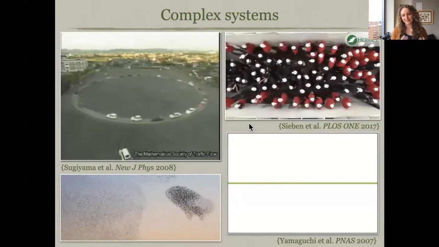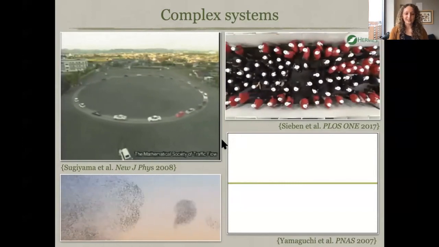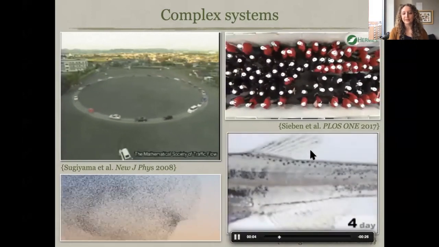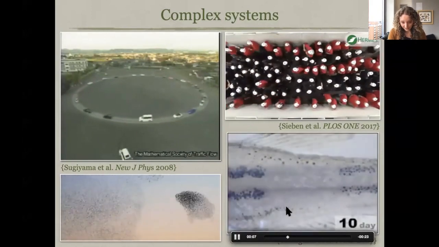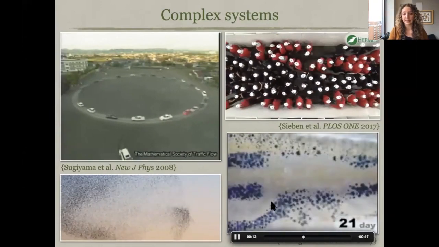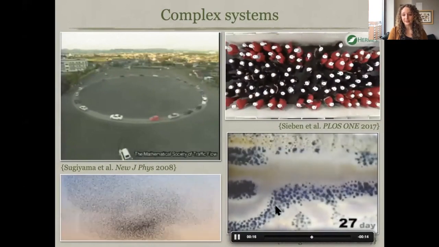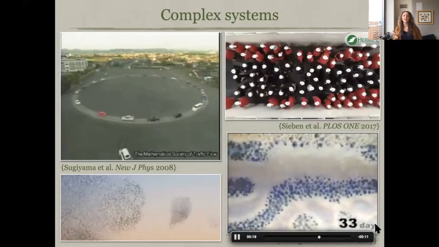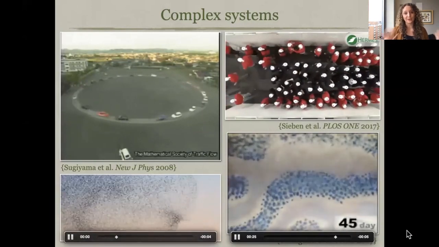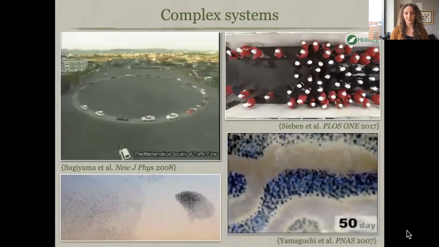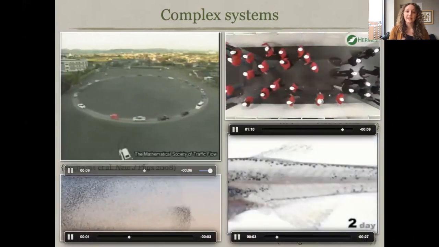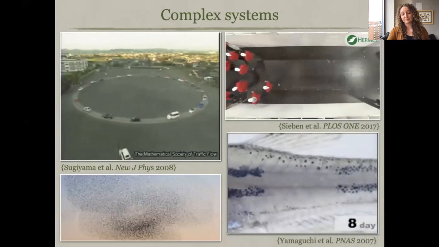And then the complex system that I have worked on the most is one at a smaller scale. I look at how patterns form on the skin of fish. And here you see a growing fish skin, and you might be able to make out these little black pigment cells that are moving on the growing skin and forming a stripe pattern. So again, from the interactions of these cells, you're getting a larger pattern. This is what I focused on the most, but today what we're going to talk about is complex systems in social settings. But I think what's important is that across all these different types of applications, some of the same mathematical tools are used to study them.